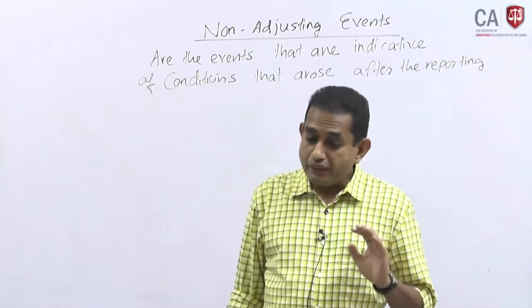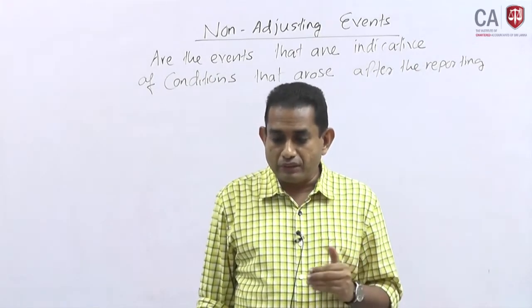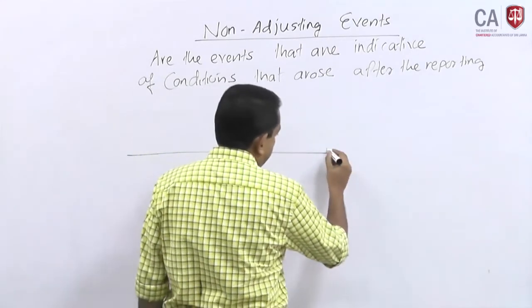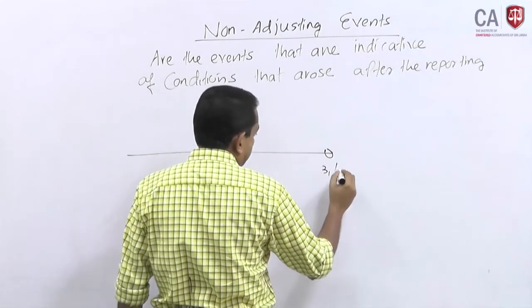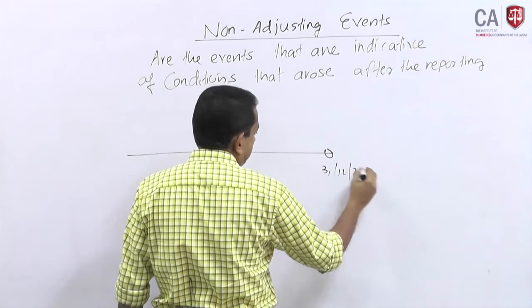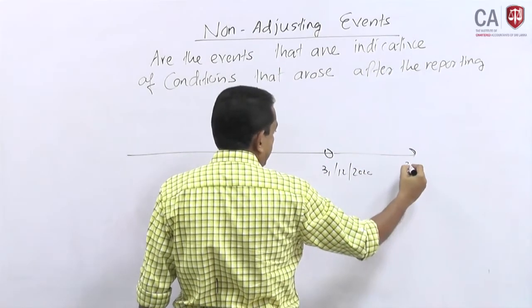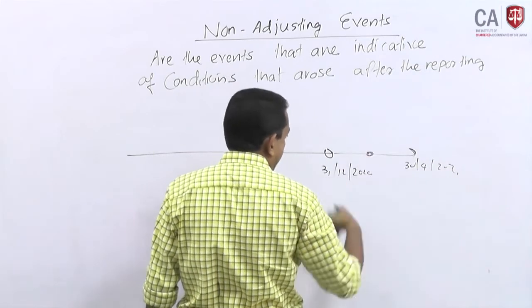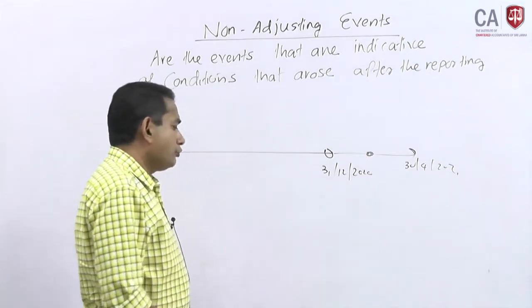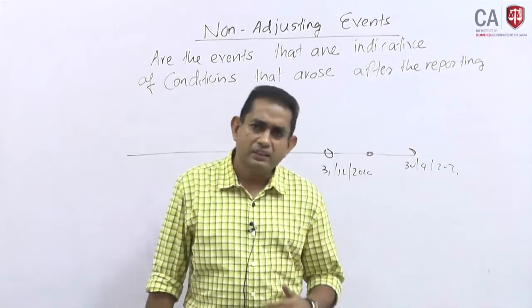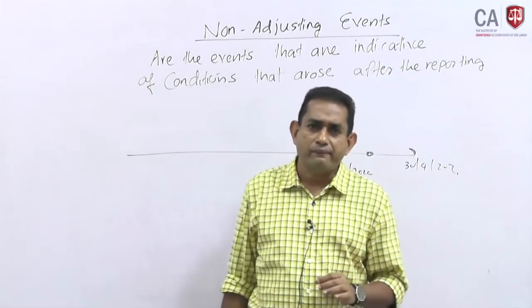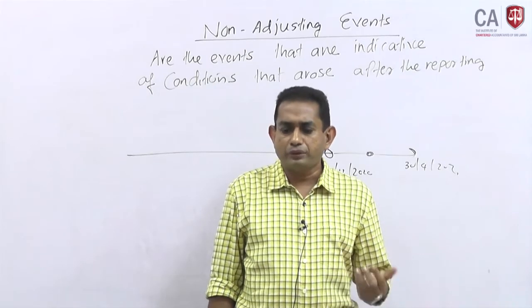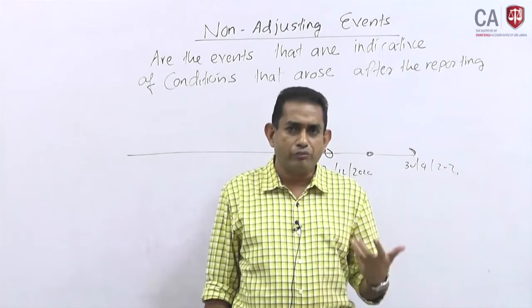Then, major ordinary share transactions after the reporting period. Now, it is very simple. The reporting date can be like 31st December 2020 and this is 30th April 2021 and this is where we are. For some reason or other, the shareholders of the company would have thought of infusing more capital into the business, and for that purpose they thought of going for a new share issue,